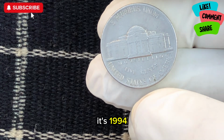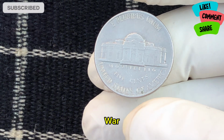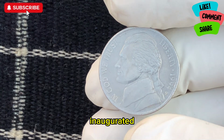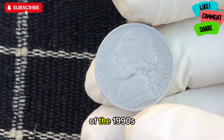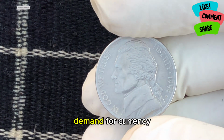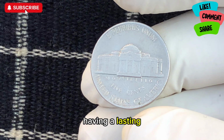It's 1994. The United States was in the midst of a period of economic growth following the end of the Cold War and a significant shift in the global economy. President Bill Clinton had just been inaugurated, and Americans were adapting to the technological advancements of the 1990s. Meanwhile, the U.S. Mint was busy producing millions of coins to meet the demand for currency. Among these coins was the 1994 5-cent piece, or nickel, which would end up having a lasting impact on the